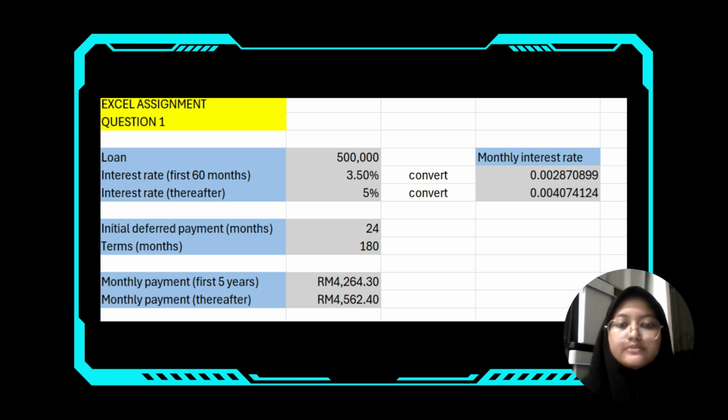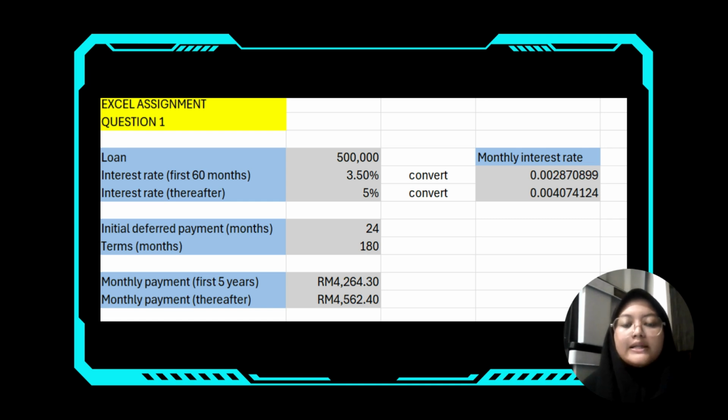From the question, it's mentioned that the loan is 500,000 and the interest rate for the first 60 months is 3.5% per annum, so we need to convert it to a monthly interest rate, and we get 0.002870899. And then there's also a new interest rate after the first 60 months, which is 5%, and it also needs to be converted into a monthly interest rate,